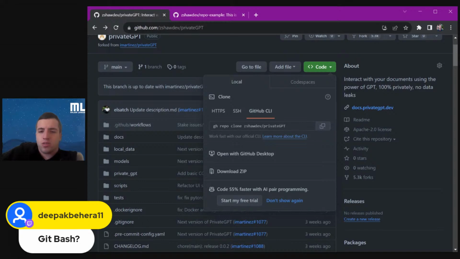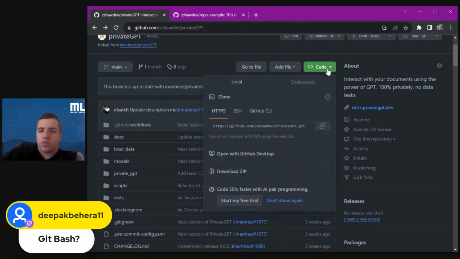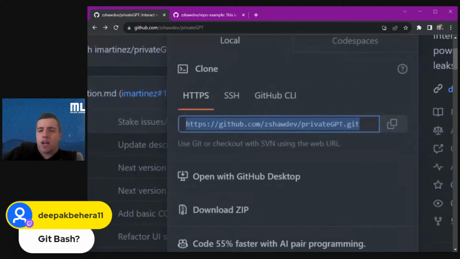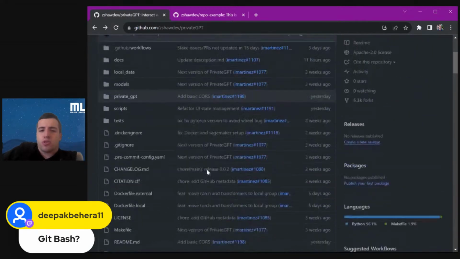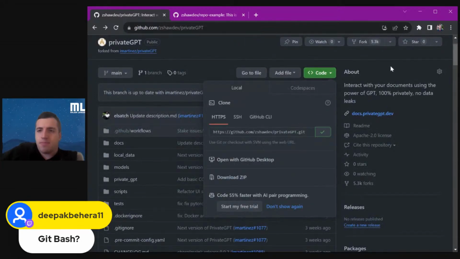So, okay, interesting. I usually do it this way, where I get the URL here, copy it, and now I have this URL that points to this repository. So what we can do is we can tell the command line, hey, I want you to copy the code from this URL onto my computer. So it'll take all this code and it'll put it onto my computer. So I copy that, and we will switch to